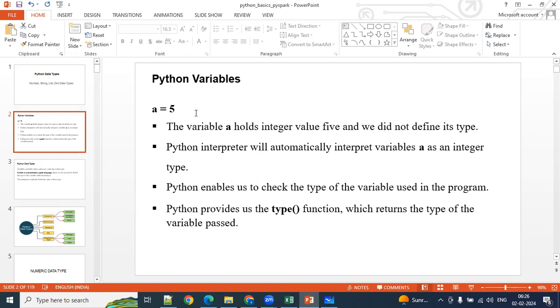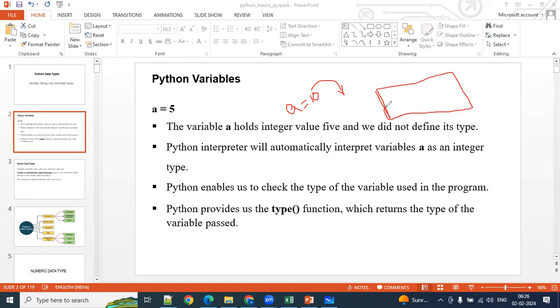When you say a equal to 10, what happens in the backend? It creates a memory location, and this 10 value is stored in that memory location.